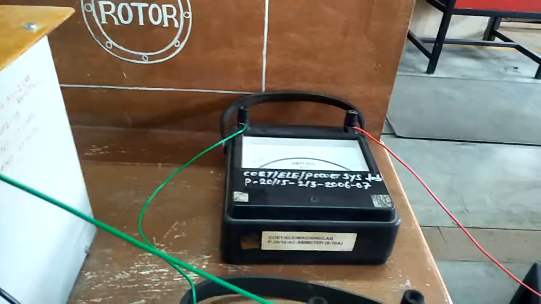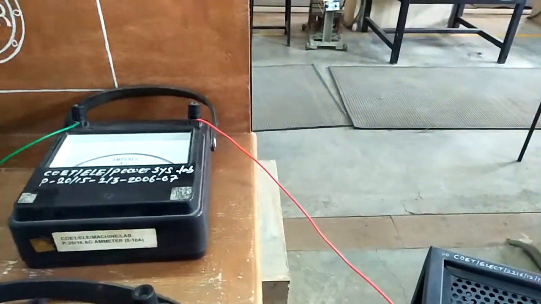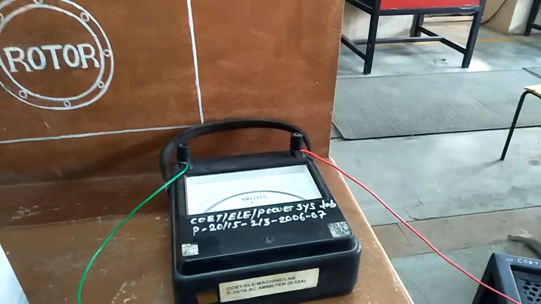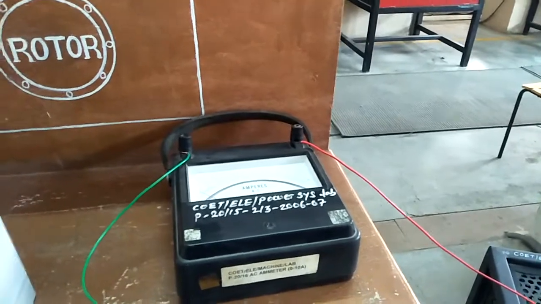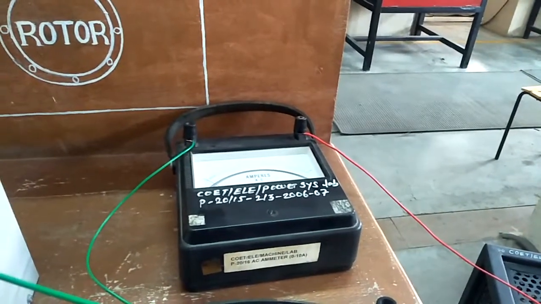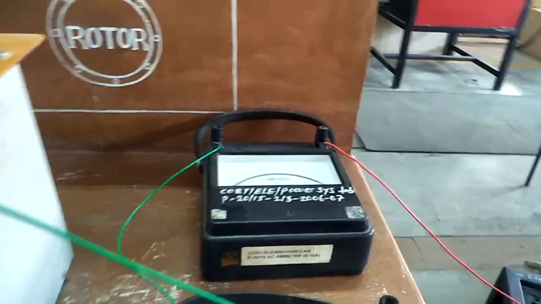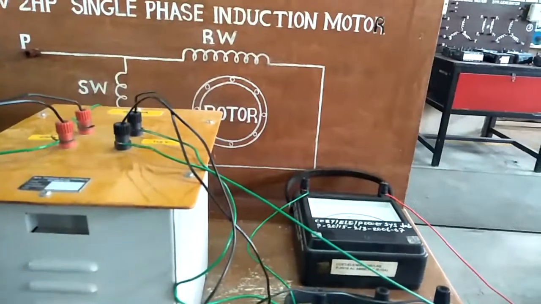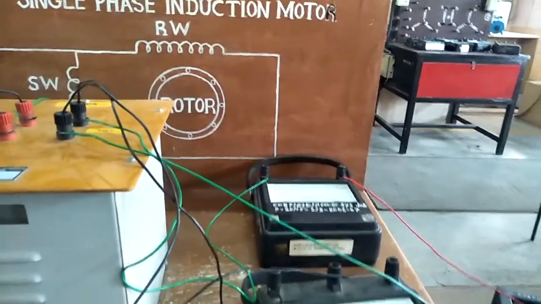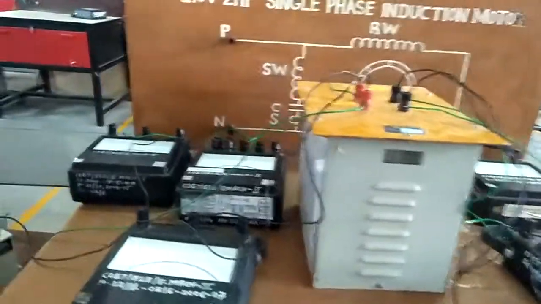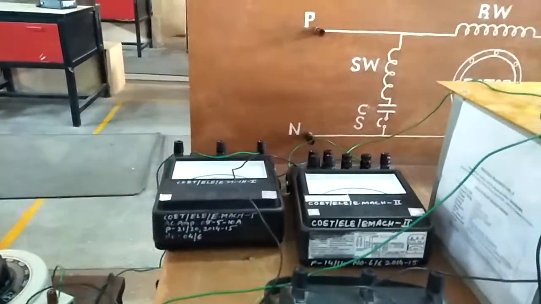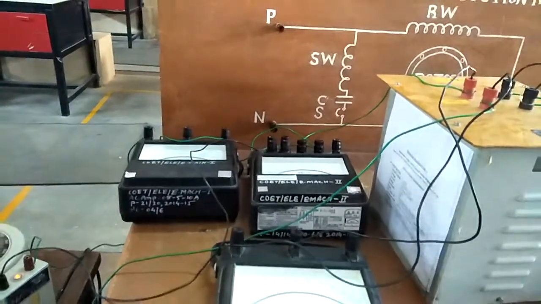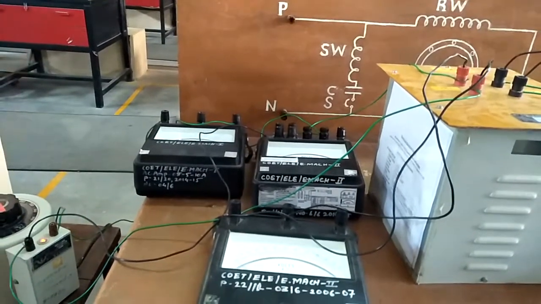As it is a resistive load, the power output of the transformer is simply the multiplication of current and voltage. If it is a mixed load, then we have to connect a wattmeter in the secondary winding, because power factor also comes into the picture, and we cannot find the output in watts only by multiplying voltmeter and ammeter readings, isn't it? So by omitting the secondary side wattmeter, we have used a resistive load on the secondary side, whereas on the primary side it is compulsory to use a wattmeter, because a transformer has a lagging power factor, and under such a condition we cannot measure the power only by voltmeter and ammeter.